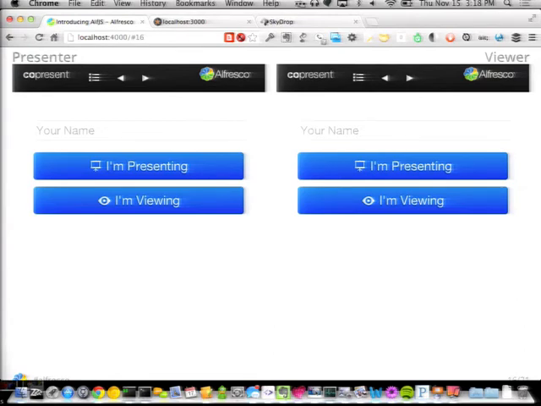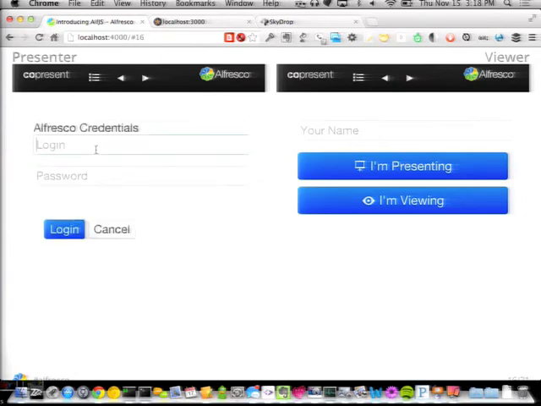You'll probably break it, but if you're on a desktop browser or whatever, if you go to copresent.us, you might be able to follow along with me and whatnot. But here's the basics. By the way, I've tested primarily on Chrome. I don't know and cannot guarantee if it'll work on other browsers. But on the left, I'm going to say I'm the presenter. I'm going to go ahead and share a presentation. So I'm going to supply my Alfresco credentials